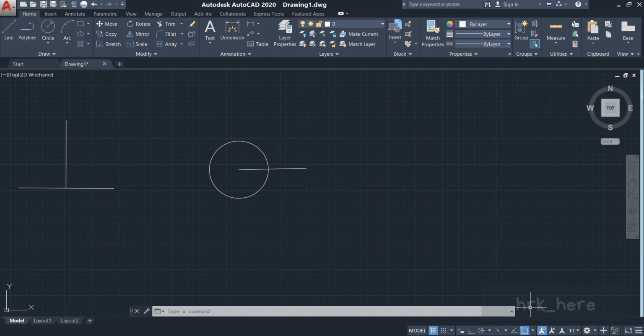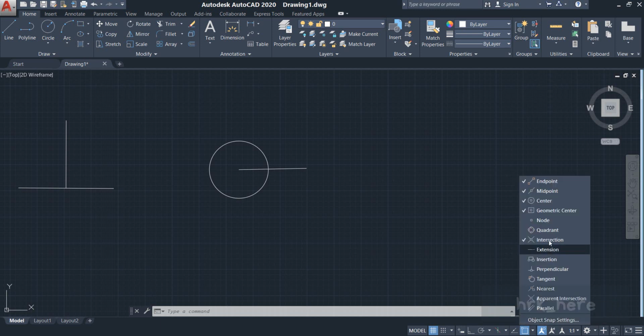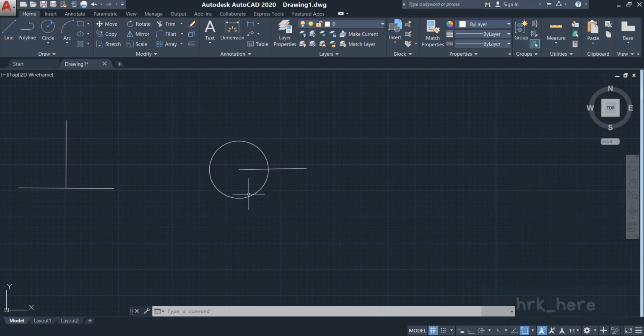So always keep the object snap on, and if you click on this arrow here next to the object snap, you can see which are the points that you want to see. So there are a number of points. So don't turn on all the points. The software will get confused. Maybe you can switch on up to 5 points, such as endpoint, midpoint, center, geometric center, and intersection, or as you like. Got it? So whichever point has this right mark beside it, it will be shown in the drawing while you work.